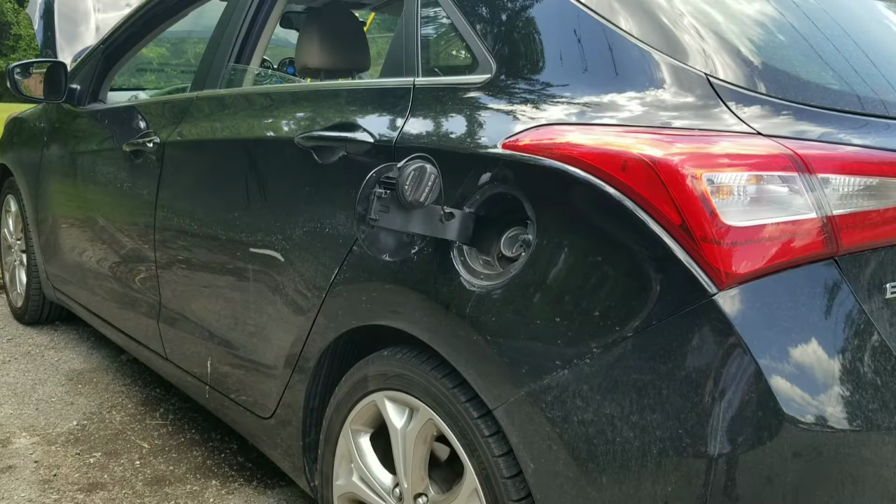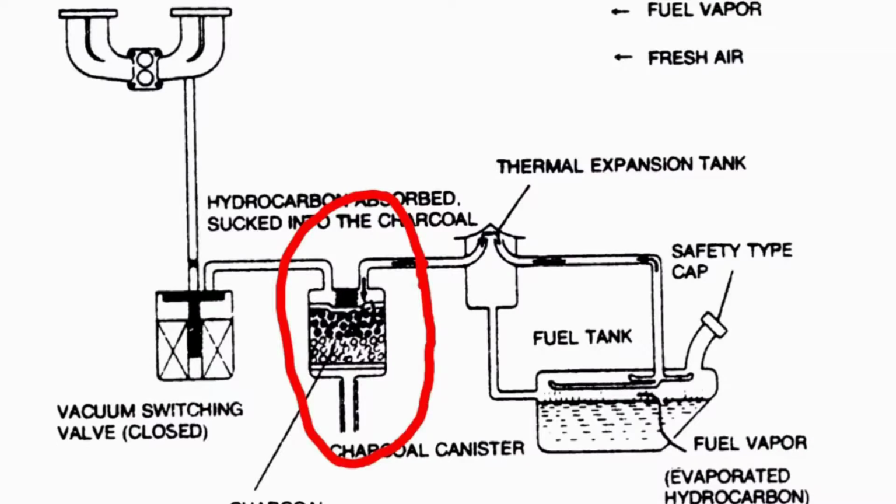Hey guys, and today's tech tip is do not overfill your tanks, and I'm going to let you know why. First off, you have an evaporative system. This evaporative system is very important. Reason it's so important because you have harmful vapors to the environment which escape if they are not contained by